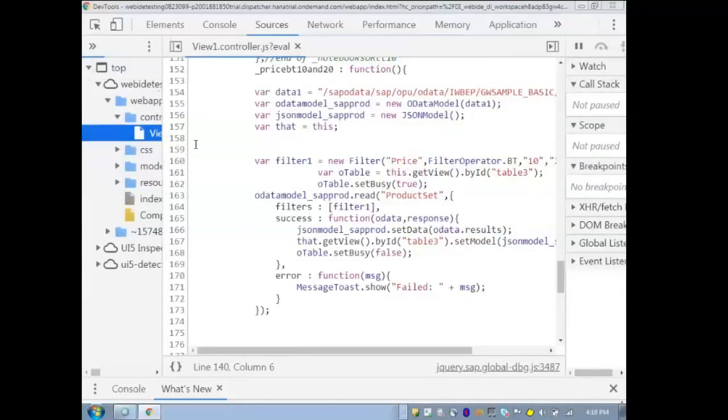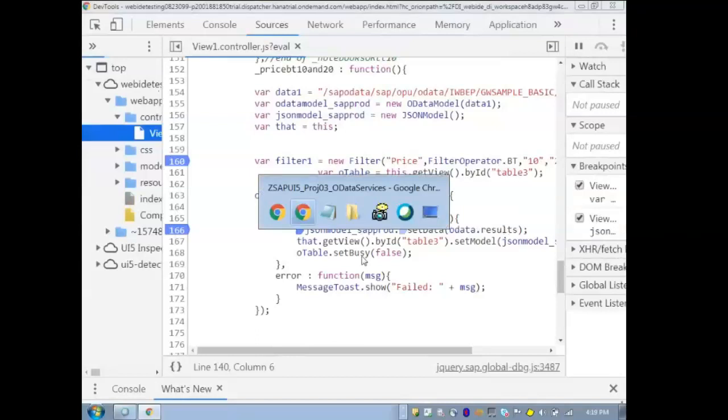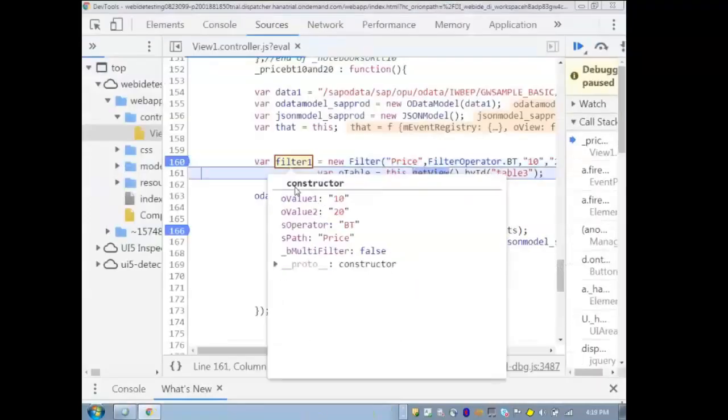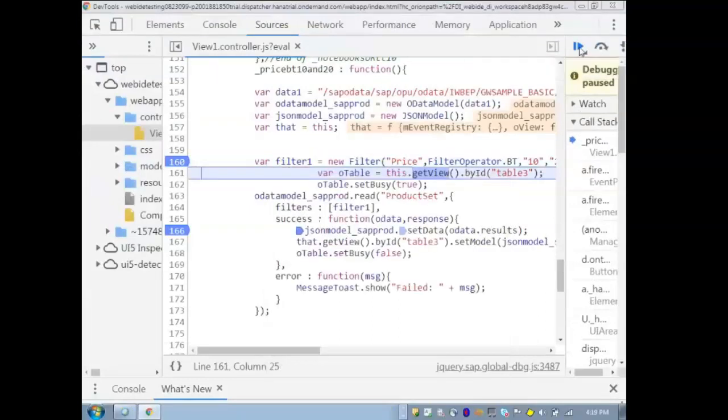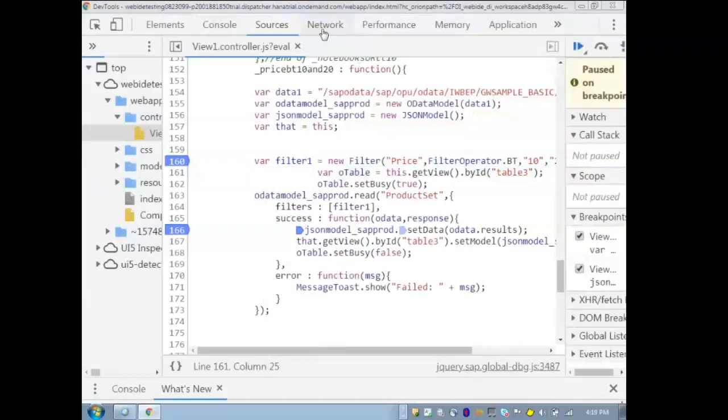In that, try to place the breakpoints. So 168th line, I'm placing a breakpoint inside the success. Click on the price between 10 and 20. It hits this one. So you can see how it is placing price BT between 10 and 20, and how it is writing the OData query.